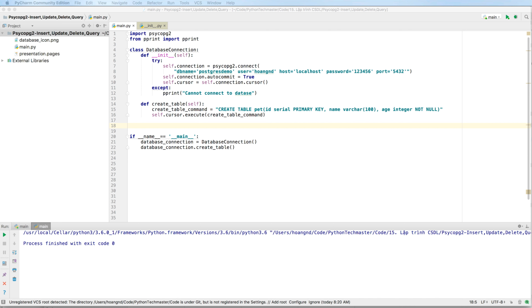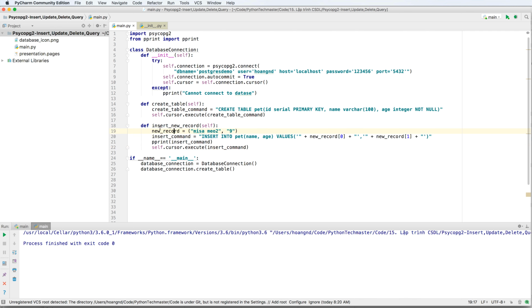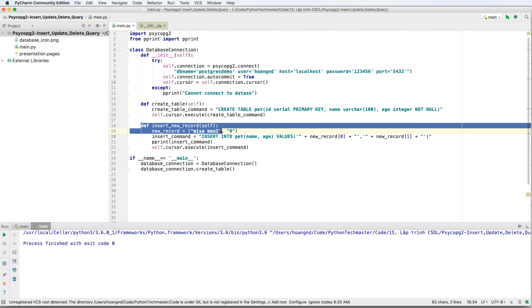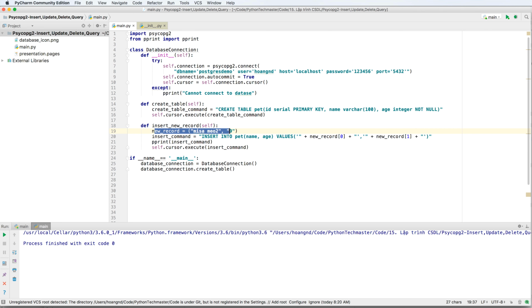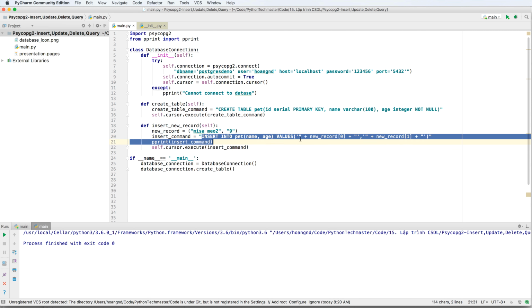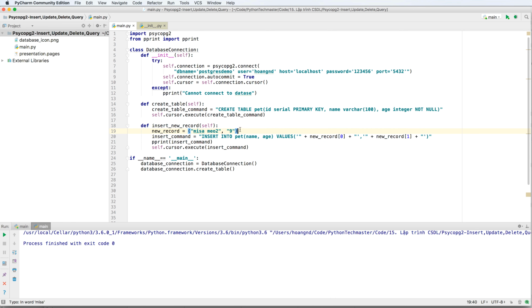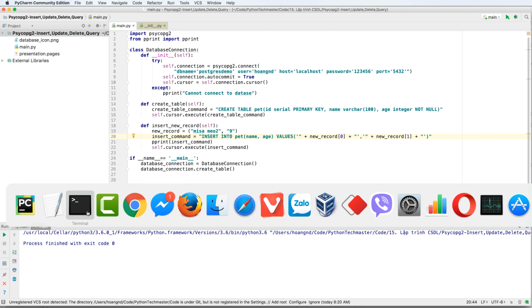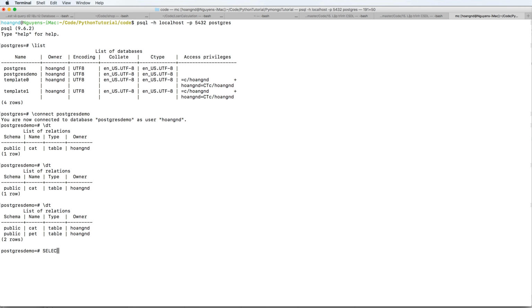So we can define more functions in this class by typing a function here to insert a new record. I use the insert command, insert into values, and the data I insert comes from a tuple. The new record is a tuple where record 0 is the name, and record 1 is the age, which is 9. So after executing,